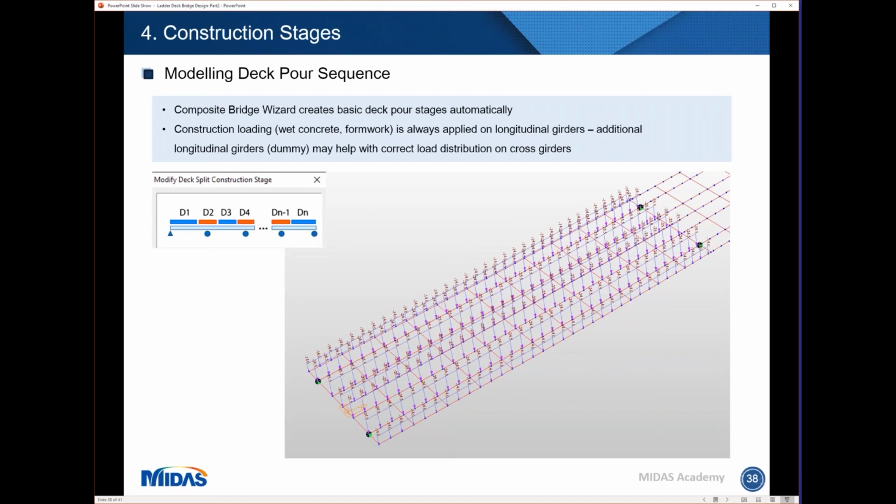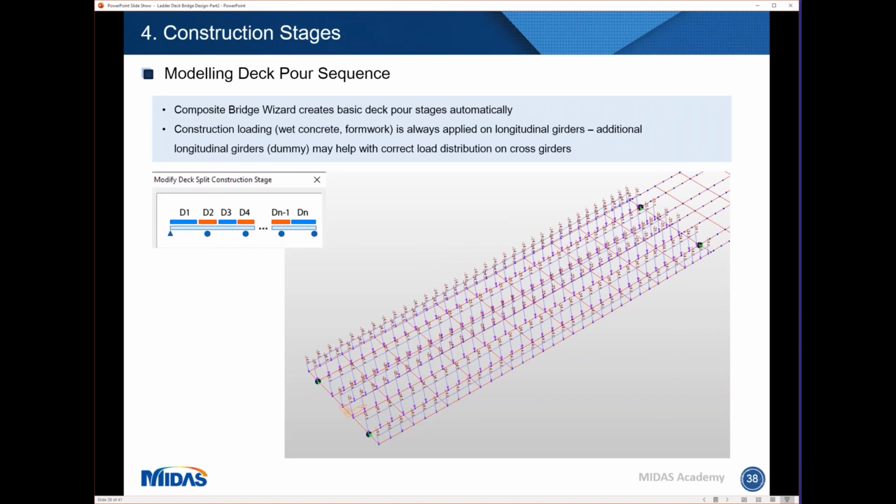So that's why for the ladder deck bridge, we want some additional dummy girders so that the load during the construction of the deck is applied on cross girders, as it is in the real structure, where the cross girders are the load-bearing elements for the deck. And from cross girders, the load is transferred to the main girders. And the wizard allows certain flexibility in setting up